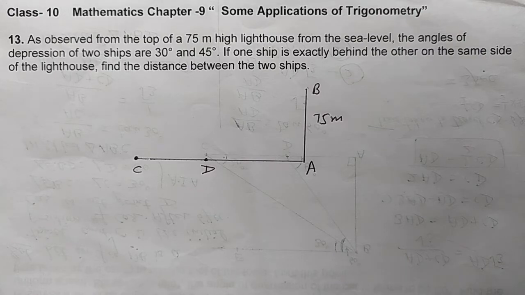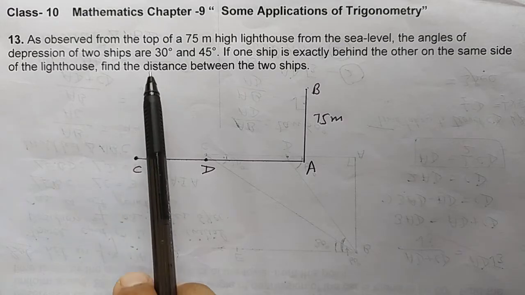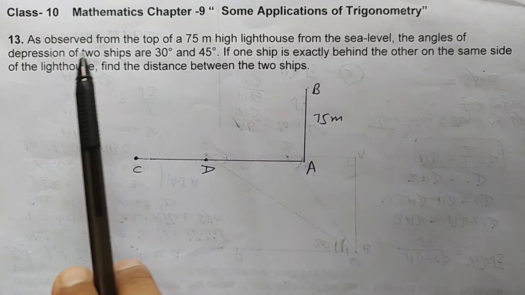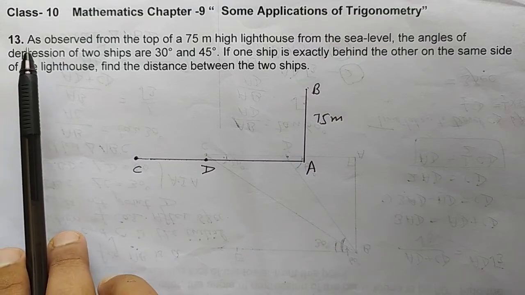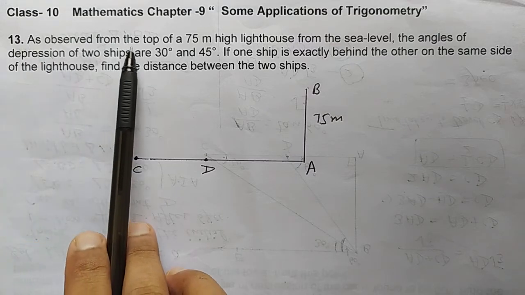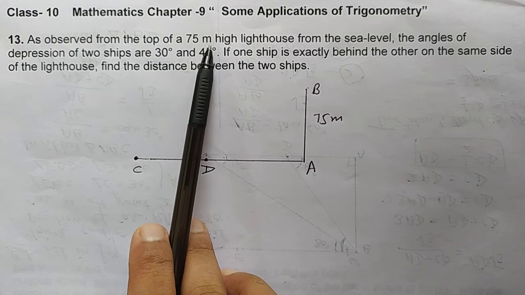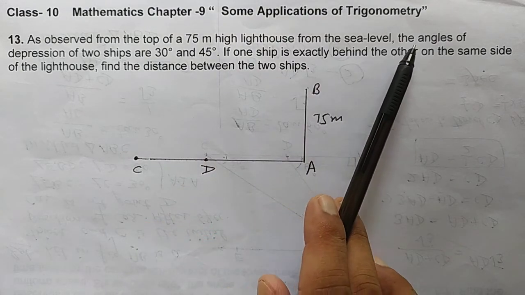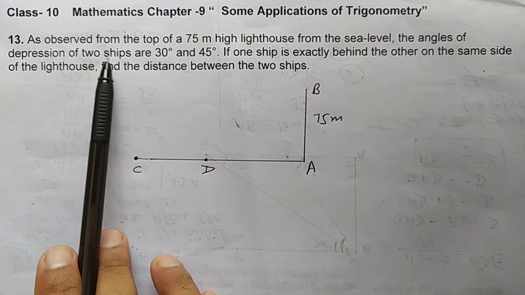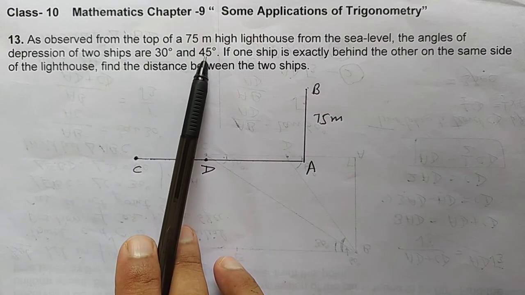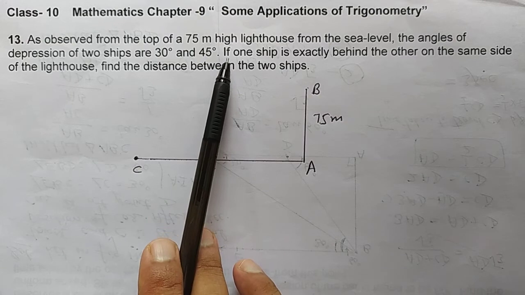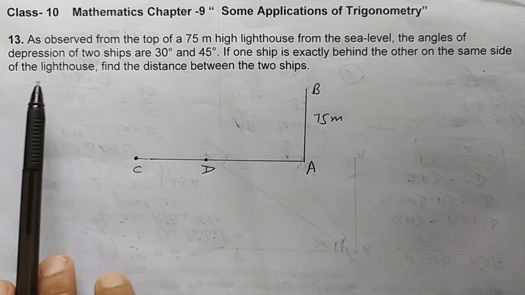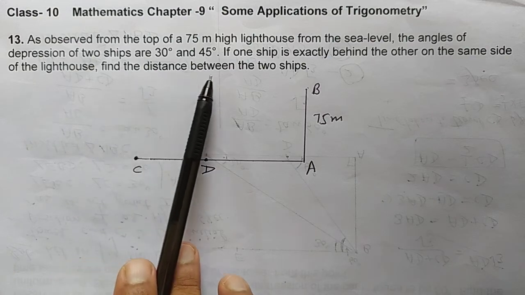Let's do this question, and this question is taken from class 10 chapter 9, some applications of trigonometry, and the 13th question is: as observed from the top of a 75-meter high lighthouse from the sea level, the angles of depression of two ships are 30 degree and 45 degree. If one ship is exactly behind the other on the same side of the lighthouse, find the distance between the two